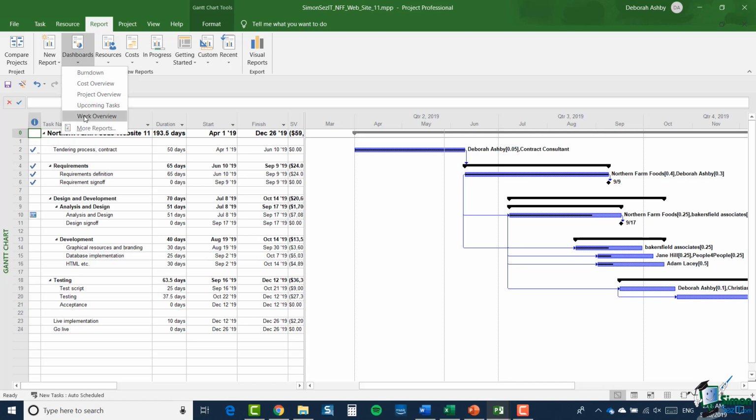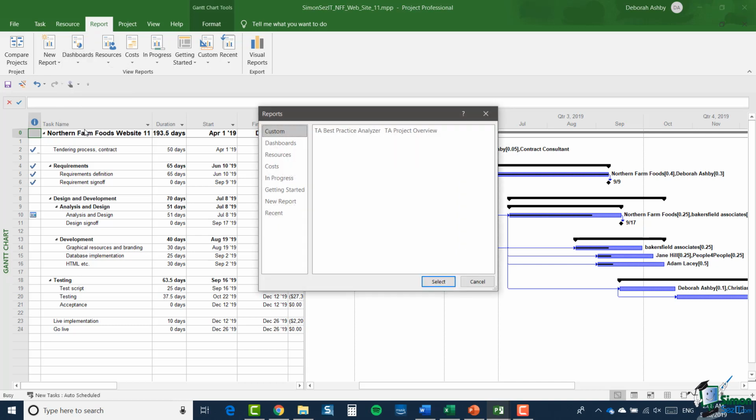Now, I don't want you to worry too much at this stage what each of those are for. Hopefully you have used them before and you've got some familiarity with them. But I'm going to talk about most of them in a later section. The main thing to be aware of here, apart from the fact that you have that menu of reports, is if you click in the bottom where it says More Reports, from there you can get access to all of